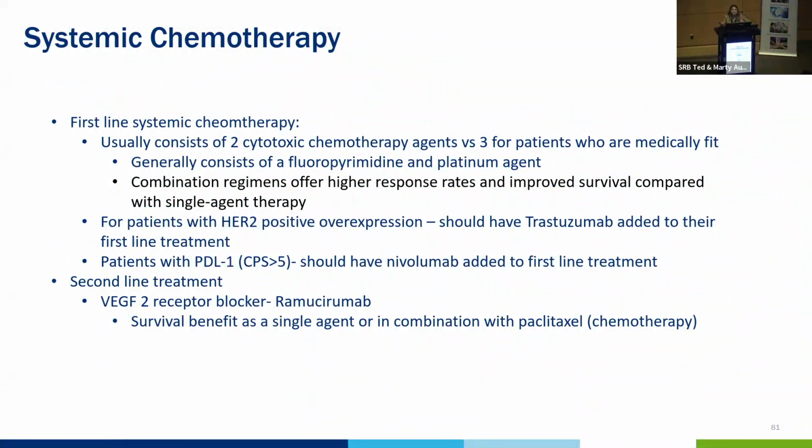So for first line treatment of systemic chemotherapy, generally you'll hear your oncologist mention some form of regimen that includes either 2 chemotherapy drugs or 3, depending on how medically fit that patient is. So usually you'll hear them say some type of fluoropyrimidine or a platinum agent. So if you hear cisplatin, oxaliplatin, then you know that this is part of the base regimen as to what chemotherapy you're getting. And then we've seen that combination regimens actually offer better improved survival compared to when you're just